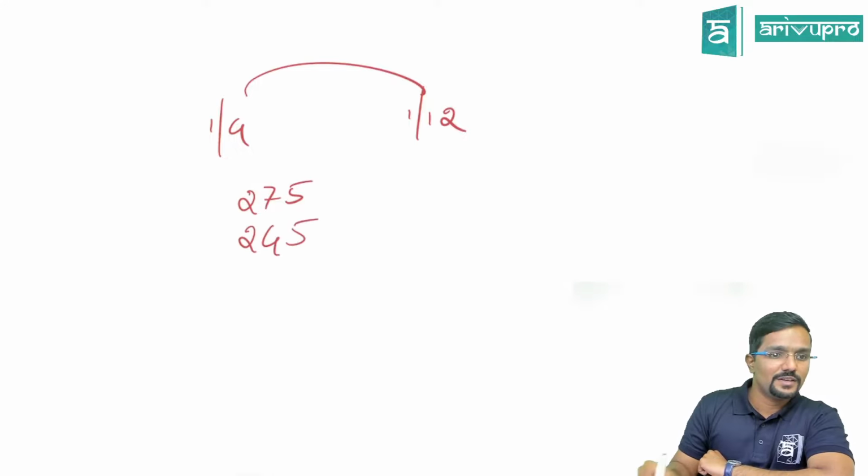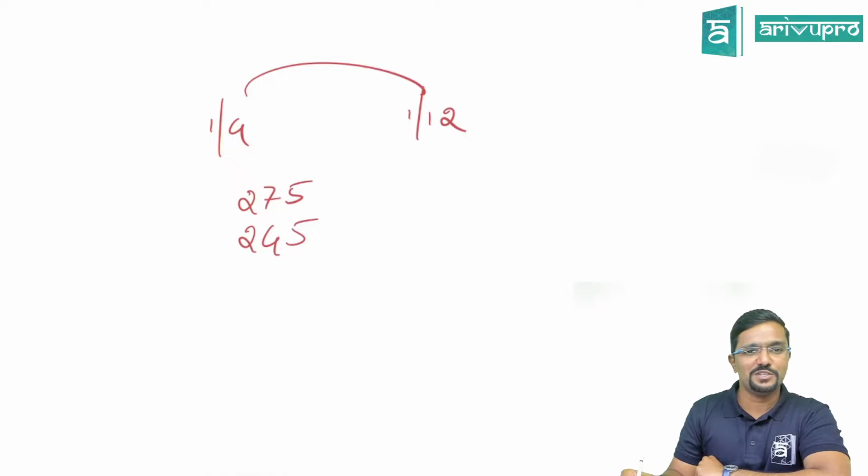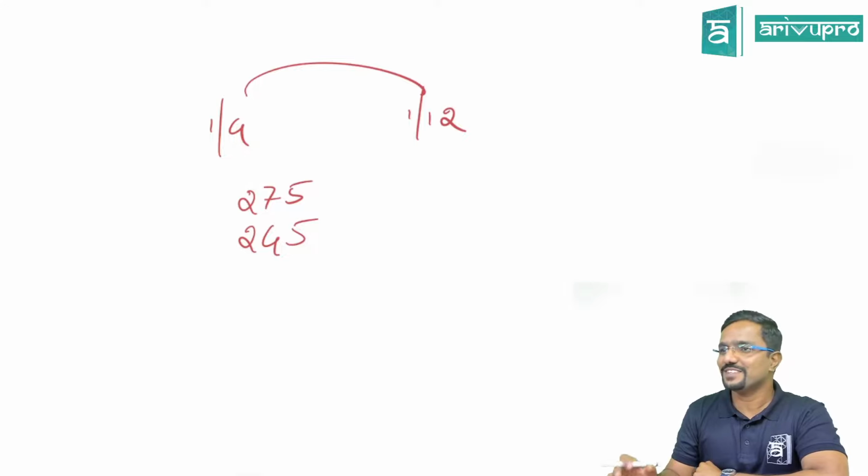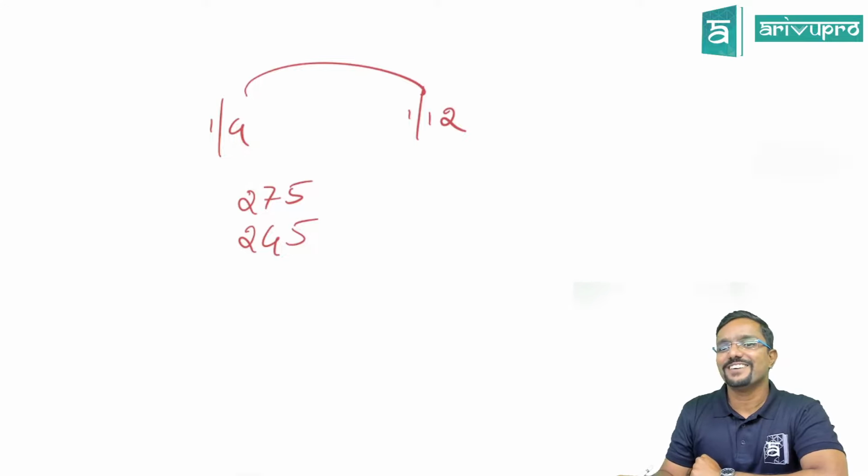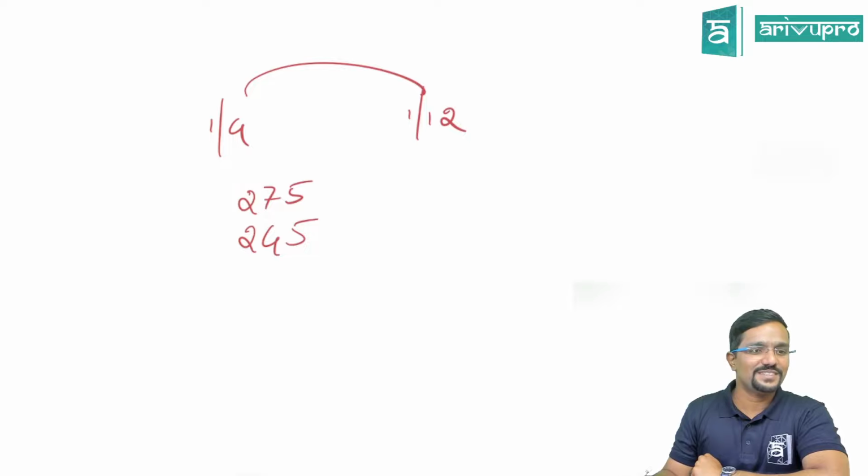245. So here also 245, 245, Ishwar 275. How come you get so much difference? If it is different by 1 or 2 days, fine. 245, 275, we have got two different answers.